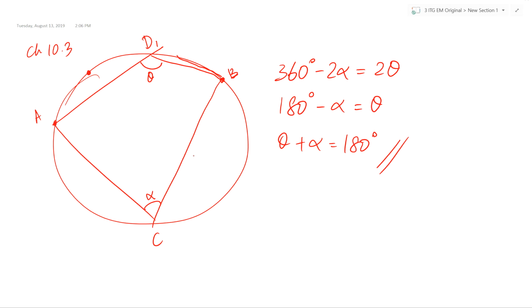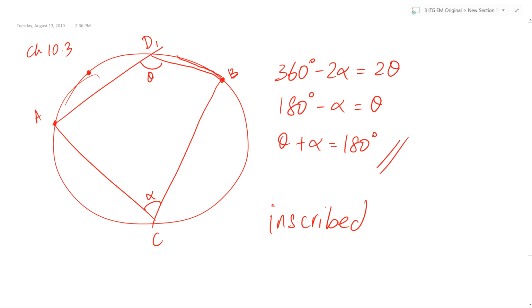Mathematically, we call it a cyclic quadrilateral. You don't need to know the name. It's a quadrilateral, a 4-sided figure inside a circle. So cyclic quadrilateral. Or we can call it a quadrilateral inscribed. INSCRIBED. It is inscribed inside a circle. Alright? So as long as you see a quadrilateral, 4 points, the 4 vertices touching the circumference of a circle,